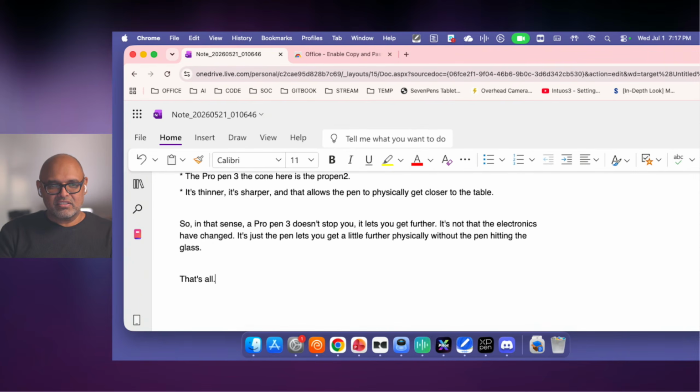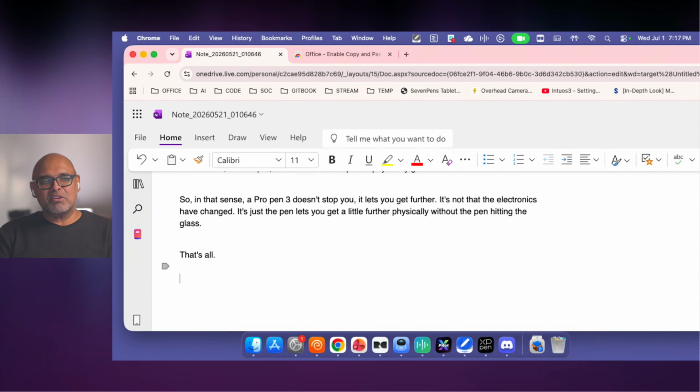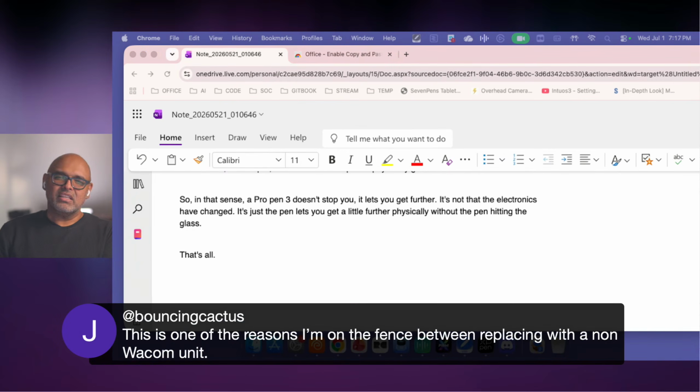So let's see if this works. Yep, there we go. See, we actually got my full text in my show notes. Bouncing Cactus says, this is one of the reasons I'm on the fence between replacing with a non-Wacom. Now, that makes sense. Look, the other thing, which I'm glad you brought up, honestly,